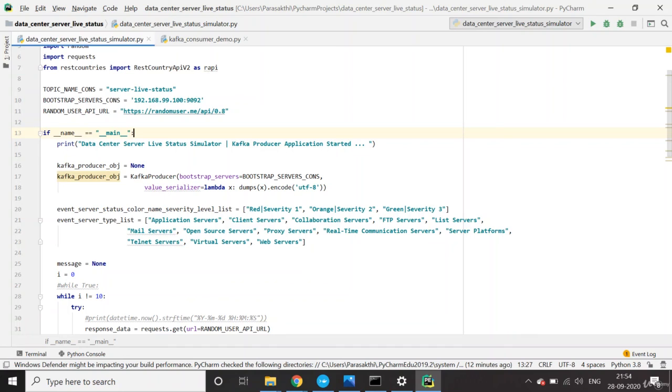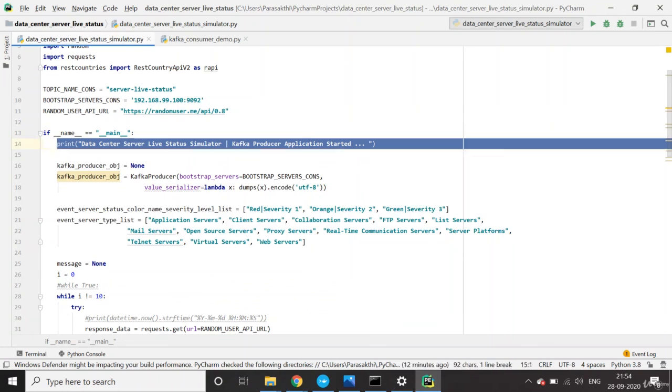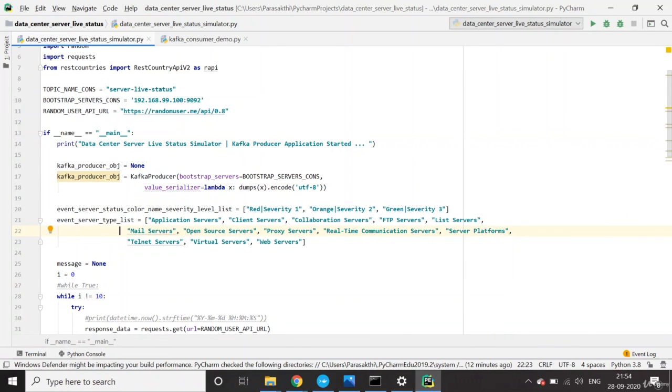This is needed because when you create Python modules, you can have a set of code which will be executed only when run directly, not when called from other modules. When you want to execute from the terminal, you can put that syntax and logic in this main section. So this code will be executed only when you run this program from the command line. If you call this module from another program or module by import, it will not get executed. That's the purpose of this line.